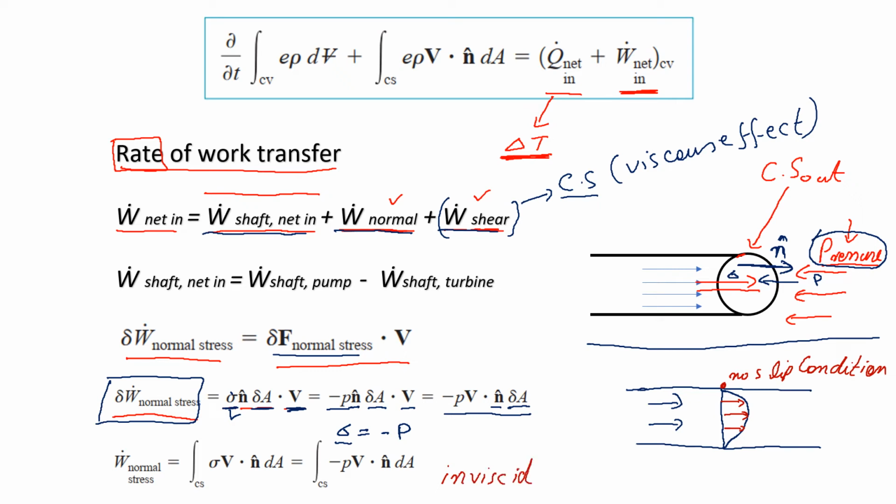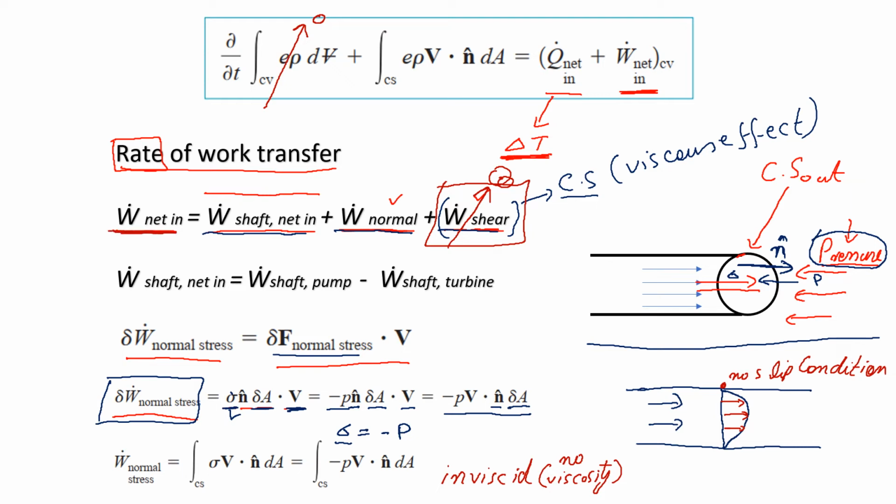And by inviscid, I mean that there is no viscosity. By assuming this, the work required to overcome these shear forces will be equated to 0. So far I have made two assumptions for deriving the energy equation by using the Reynolds transport theorem. One is that my flow will be steady, so this term will be equated to 0. And then in the rate of work transfer, the work required to overcome these shear forces, this term will be equated to 0. So what I am going to put now, instead of the rate of work transfer, the net